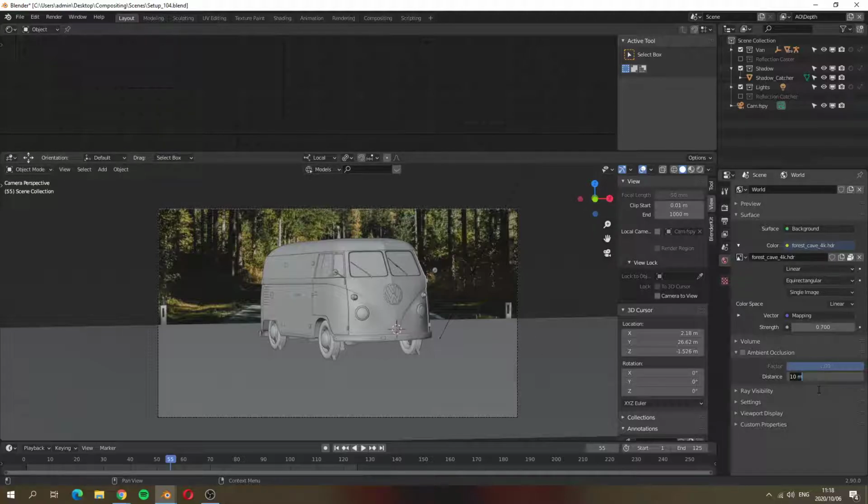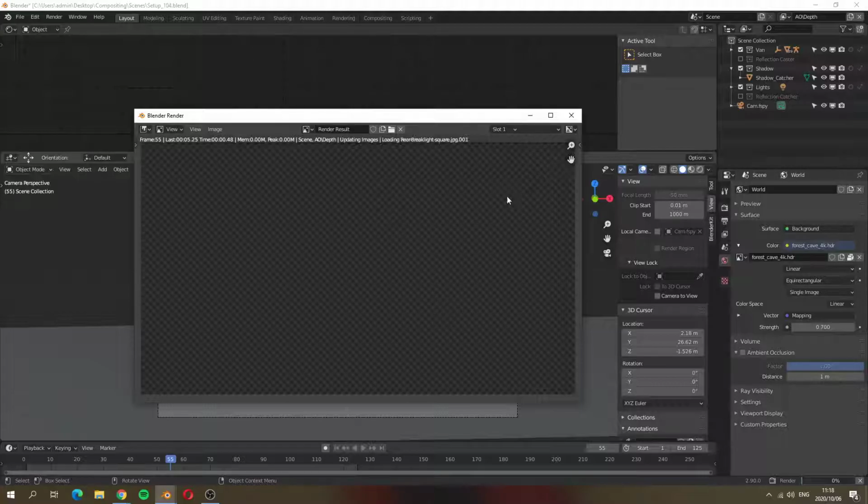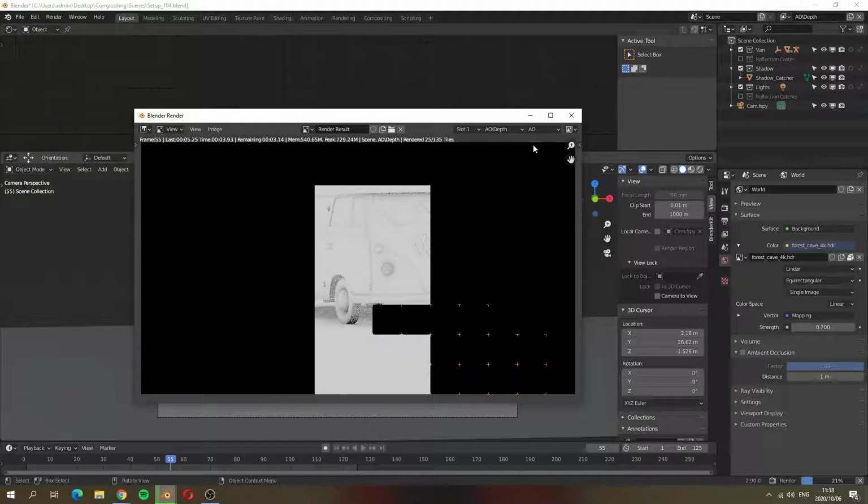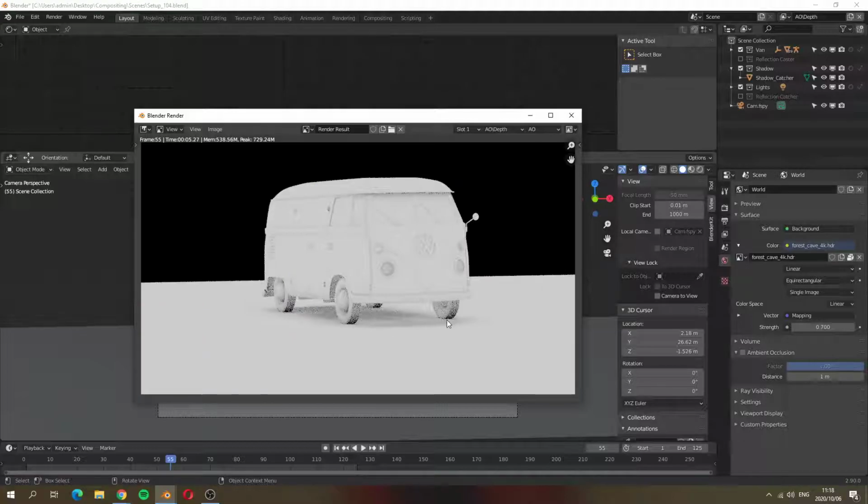But I'm going to change the distance. So if I change it to 1 and then render, okay, I think that's better. That's more along the lines of what I want. You can tweak this, but I like it